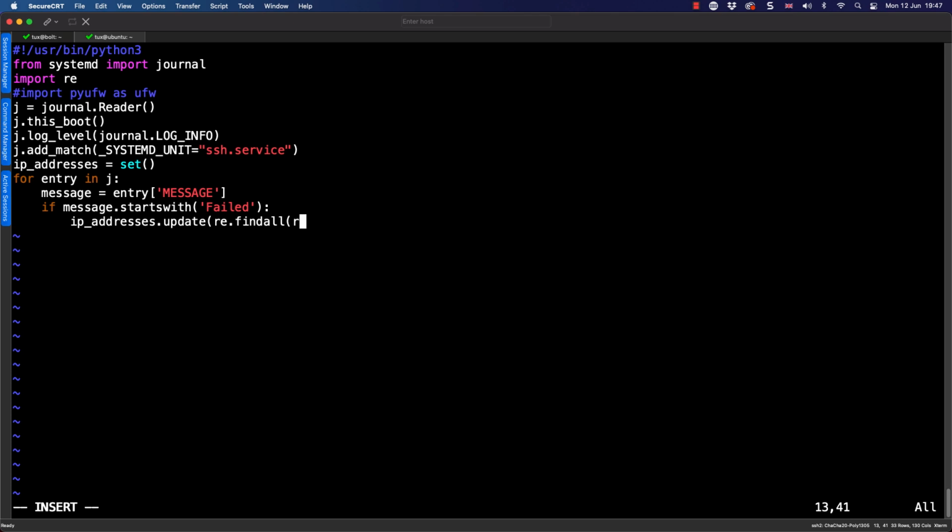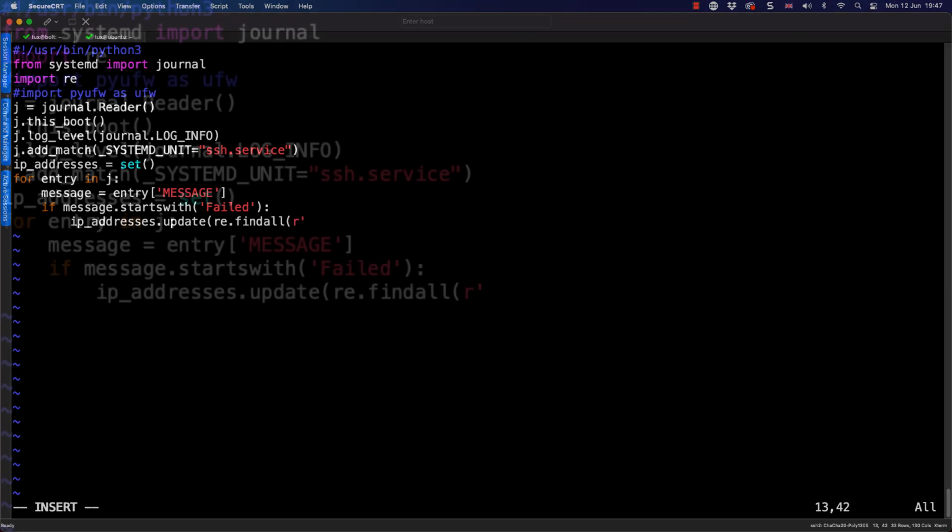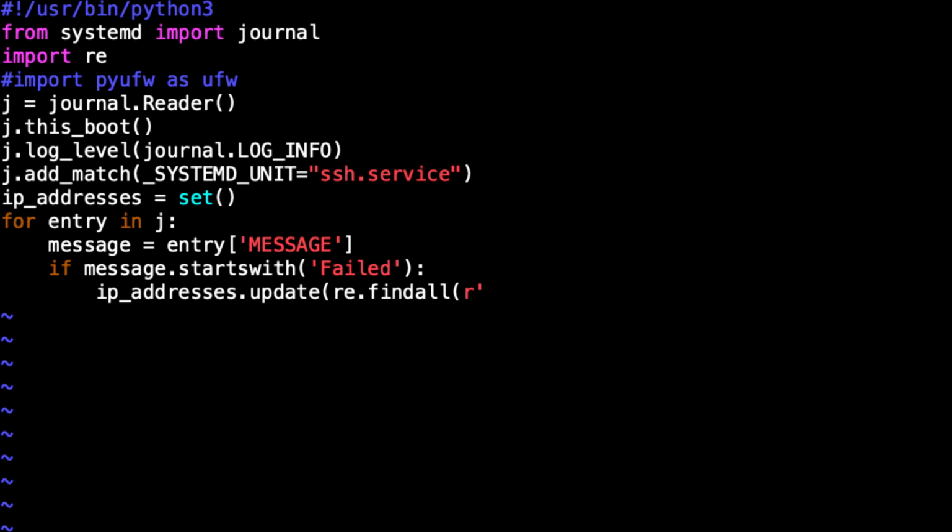Now the r here comes before the string and is specifying that it's a raw string that we are looking at. So it's like everything is quoted properly in the string. The \b is a word boundary that we're looking for. When you think about it, the IP addresses are going to have spaces before them and after. So we know then that we've got our word boundary beginning.